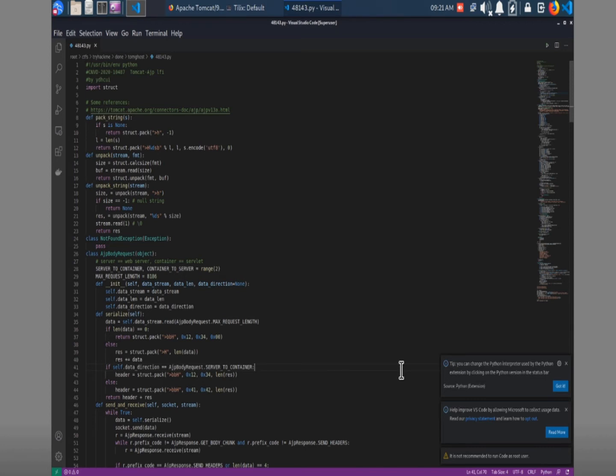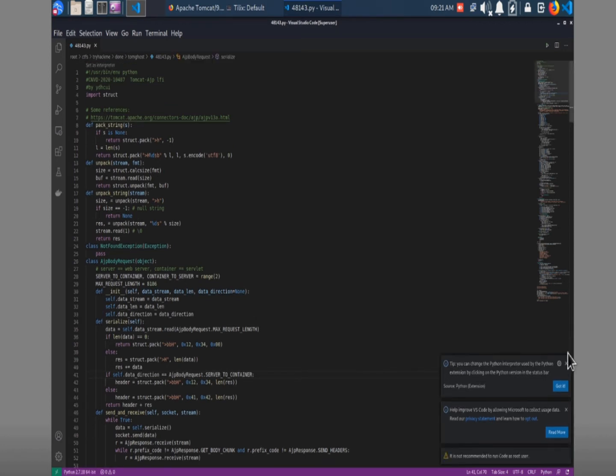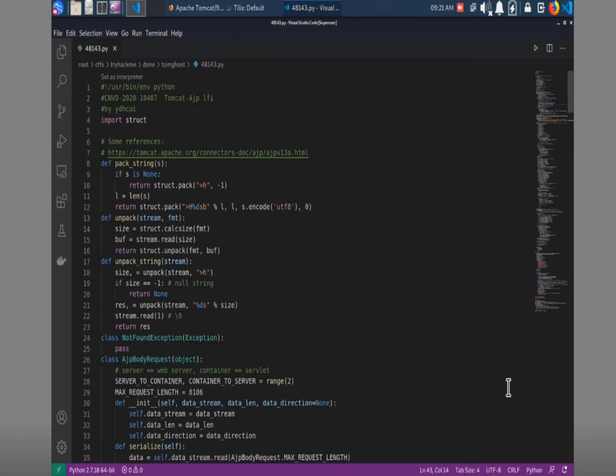All right, Visual Studio Code's loading up. Let's make this a little bit bigger. So reviewing this